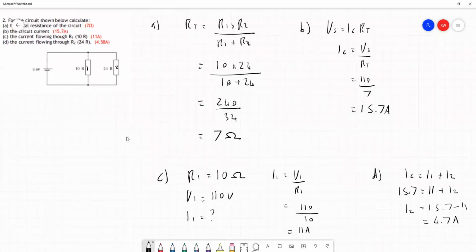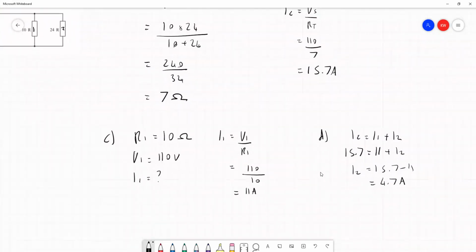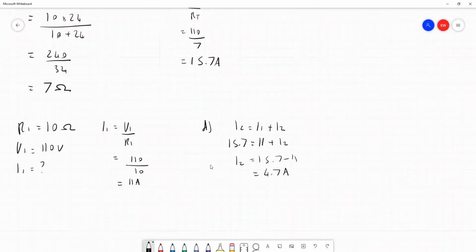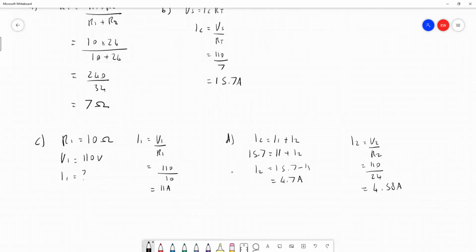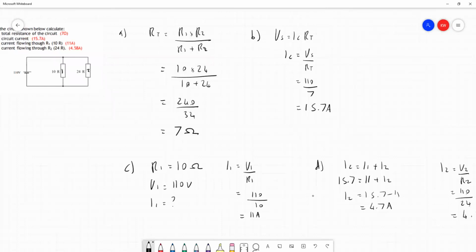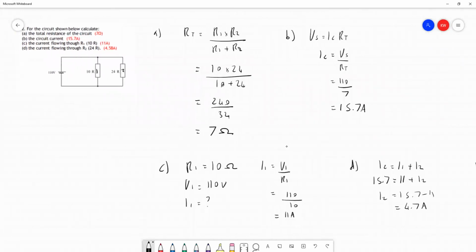And there's a reason for that. It's not a scientific reason. It's nothing to do with any electronics. It's just a matter of rounding. We've taken that from our total current, but it's dependent upon rounding. If we had done the method I described before, taking I2 is equal to V2 over R2, we would have 110 divided by 24, and that would give us an answer of 4.58 amps. And you might think these two answers look quite different to each other, but it's because of rounding that they're the same. And probably I've gone with this to try and keep things right for the answers in the question, but